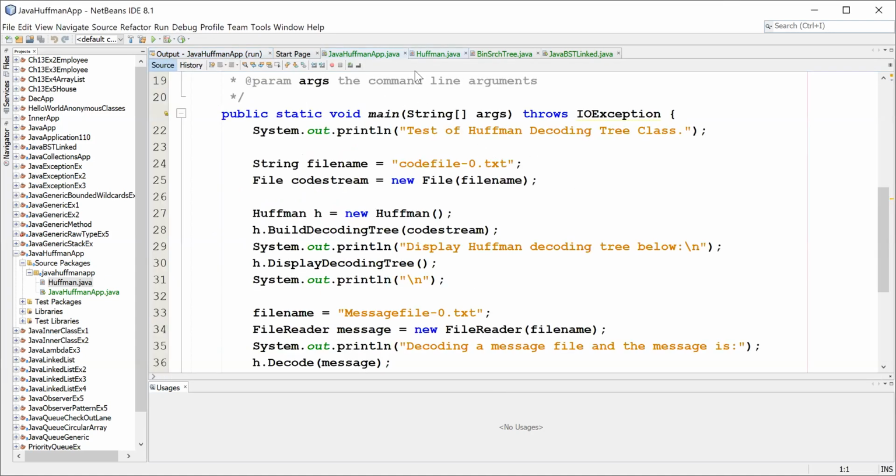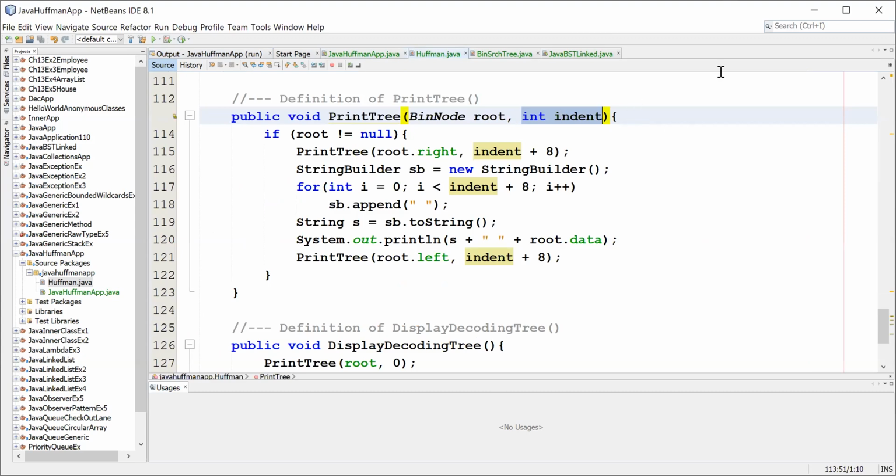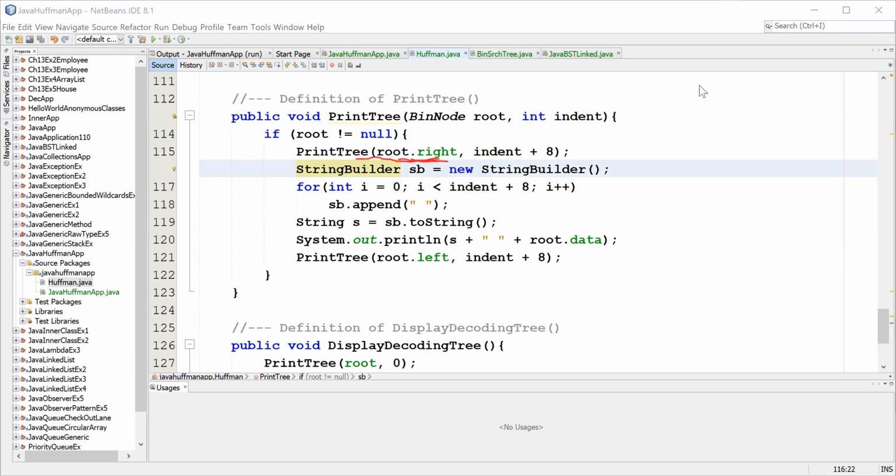Oh, not this one. Oh, over here, the print tree method. So what the print tree method does is it will start at the root node. It first does the print, and you plug in the right branch. And here you're also going to increase the indentation. That's what you just saw. This is the indentation. And because this is recursive,